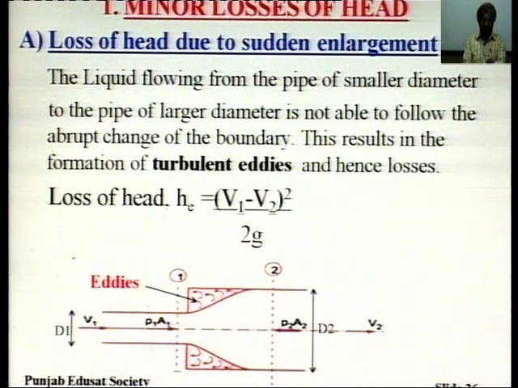Now what does it mean? Look at this diagram. Here the diameter is less, d1. Here the diameter is d2, which is more as compared to d1. So in this case we can say that there is a loss of head due to sudden enlargement. Sudden enlargement means the pipeline is increasing here, it is enlarging. Now, due to this sudden enlargement,